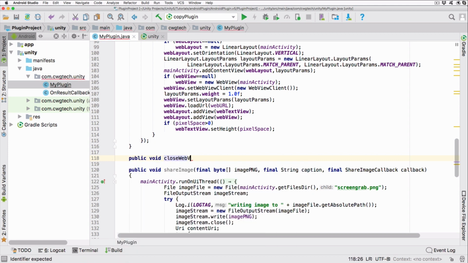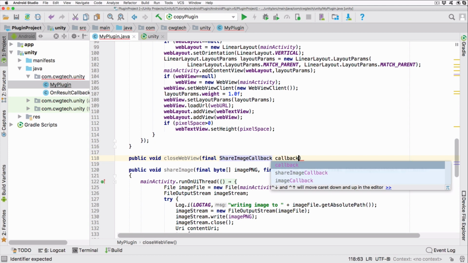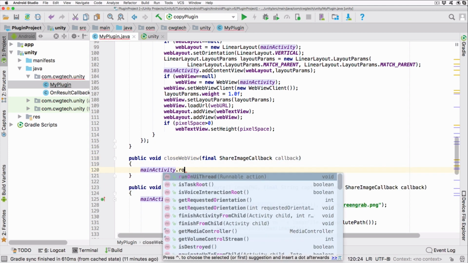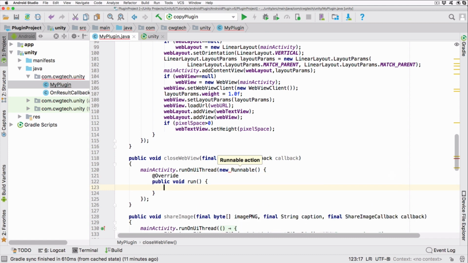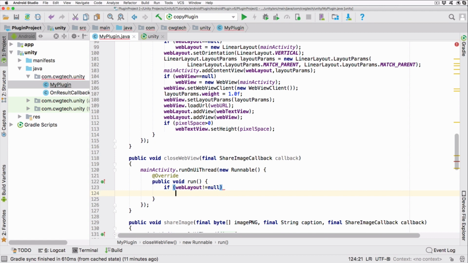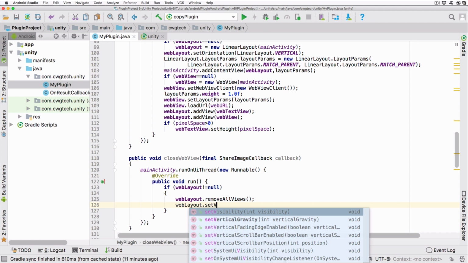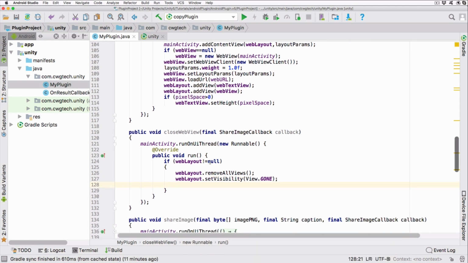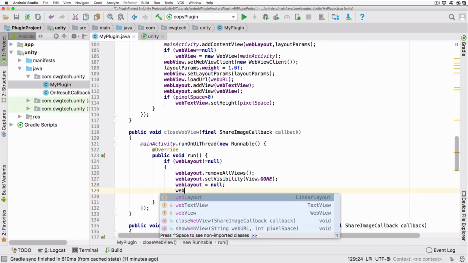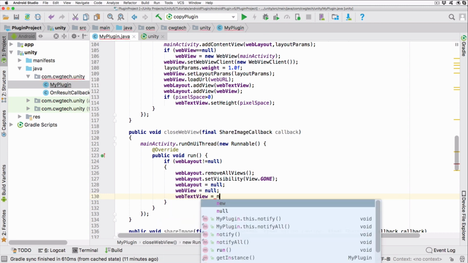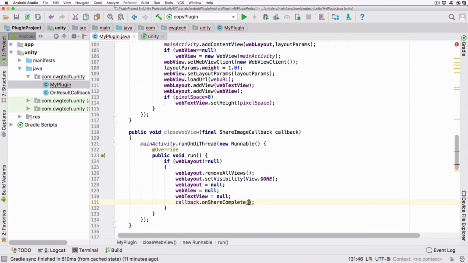Public void closeWebView(final ShareImageCallback callback). mainActivity.runOnUiThread(new Runnable() { @Override public void run() { if (webLayout != null) { webLayout.removeAllViews(); webLayout.setVisibility(View.GONE); webLayout = null; webView = null; webTextView = null; callback.onShareComplete(1); } else { callback.onShareComplete(0); }